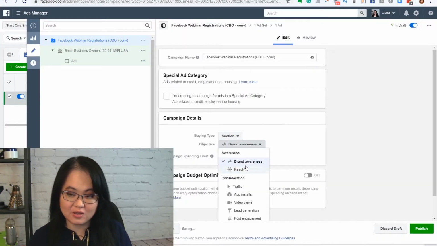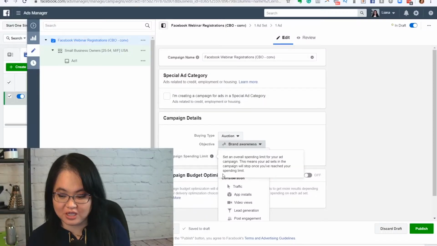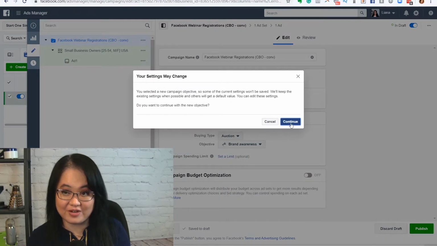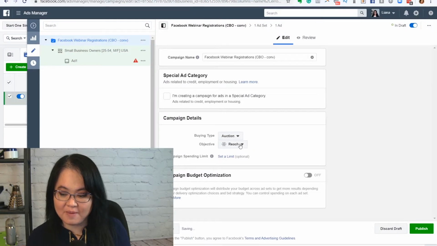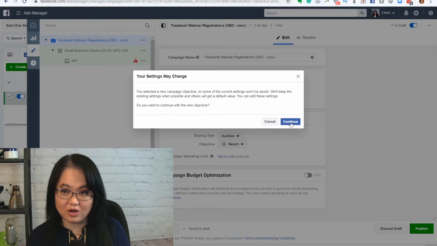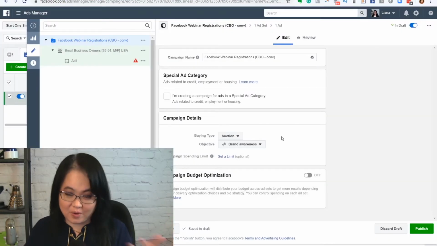These are actually not used as frequently. For example, brand awareness will put ads out there and it will measure it based on whether somebody will recall seeing the ads after 48 hours or not. And reach will give you, as it says, reach. So most of the time, people are not using these different types of objectives. They can be very helpful in the beginning when you are trying to raise literally brand awareness and get that